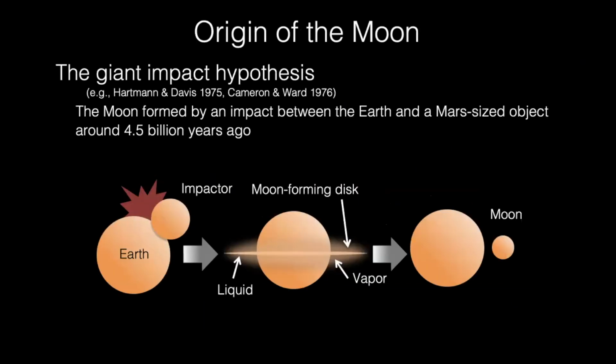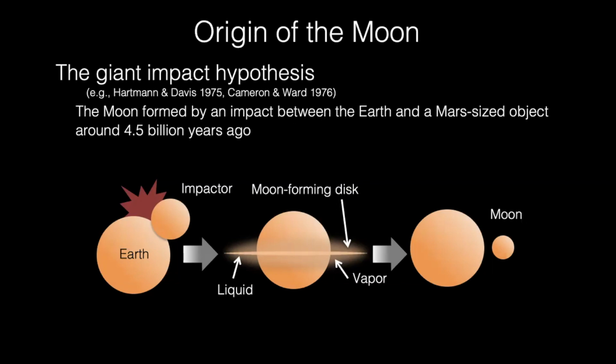So after the Apollo missions, scientists proposed a more energetic model. This is called the giant impact hypothesis. They thought that there could have been a collision between the Earth and a Mars-sized object. This energetic event could have homogenized the Earth and also the impactor materials. According to this model, Earth was hit by a Mars-sized impactor and that formed a disk around the planet.